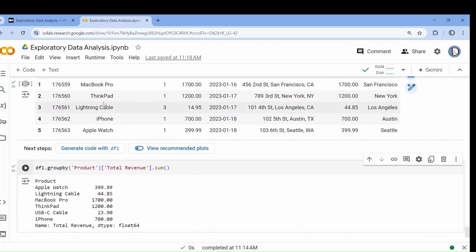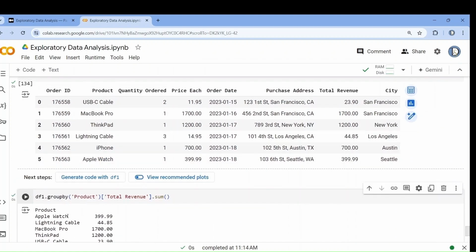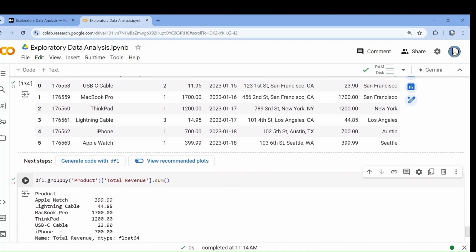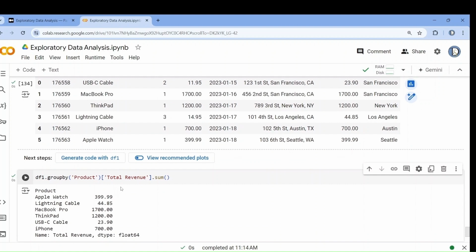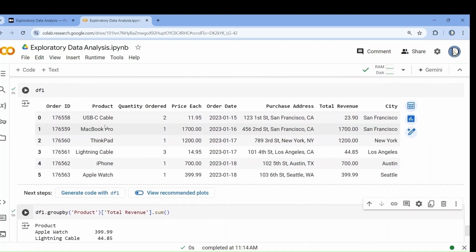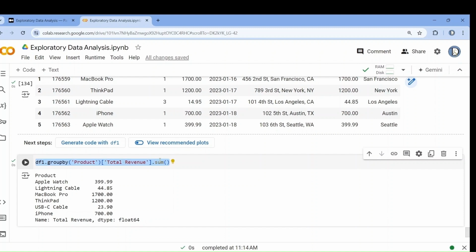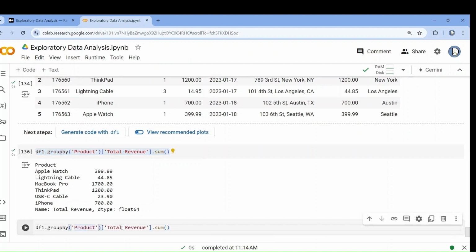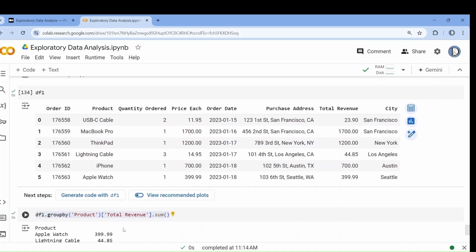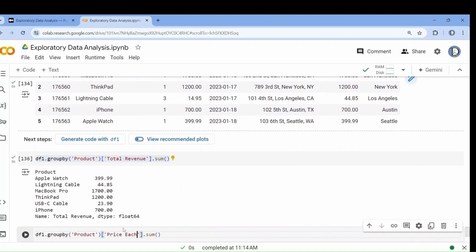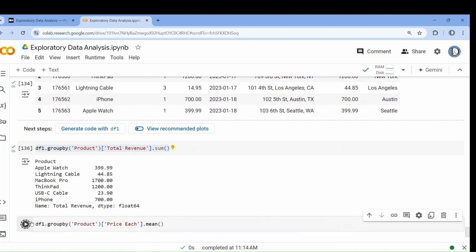Now see, product: Apple Watch, Lightning cable, MacBook Pro, ThinkPad, USB-C cable, iPhone. All the products are grouped and then the total revenue of all the products. Now if you want the average price by product, then same. I just have to write here product, but I want average price. So I have to write the price each column and then average it, mean. Now if I run it,